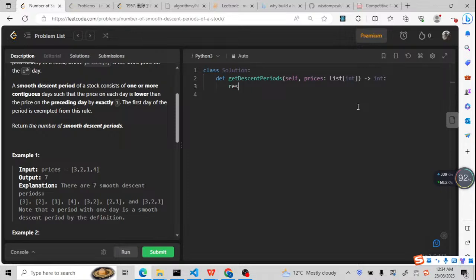For the result, it will be a counter, started from 0, and i will be the first index, index 0, and n will be the length of the prices. So 0, 0, and the length of the prices. Now I'm going to use a while loop. For i less than n, the start will be equal to i, and